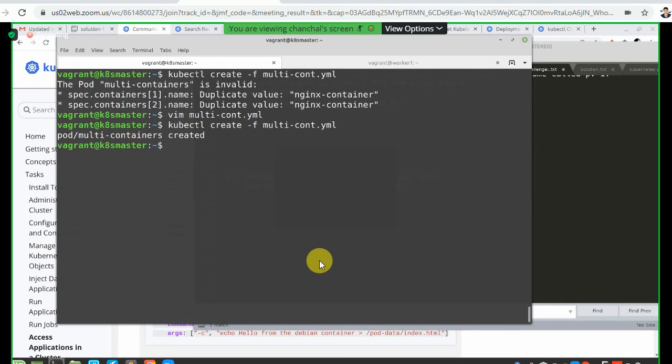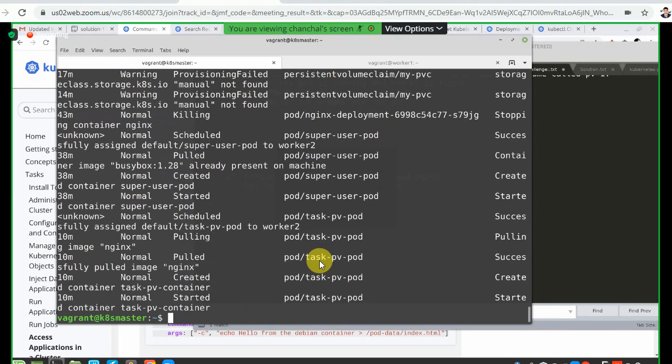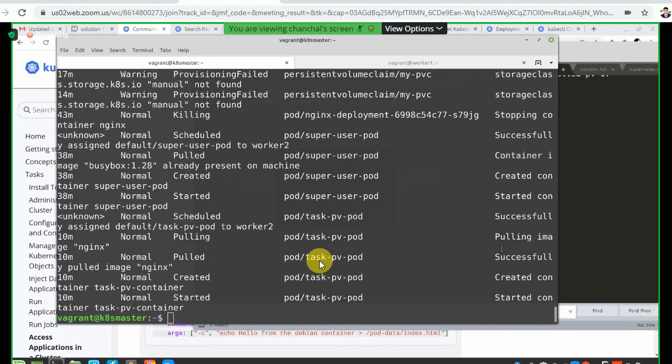So kubectl get po. Container creating. Okay, so kubectl get events. Nginx pulling container image Nginx.